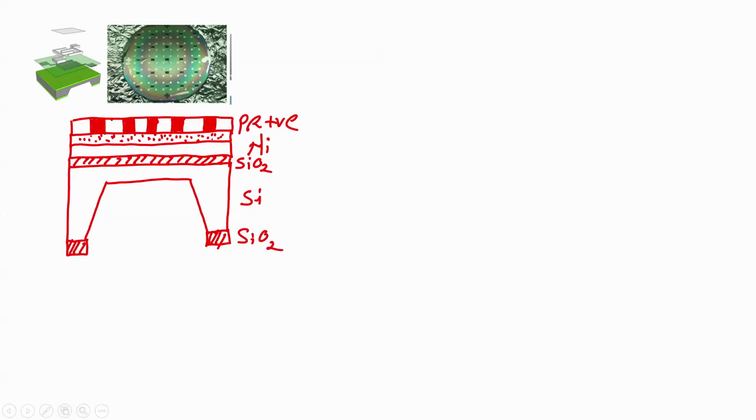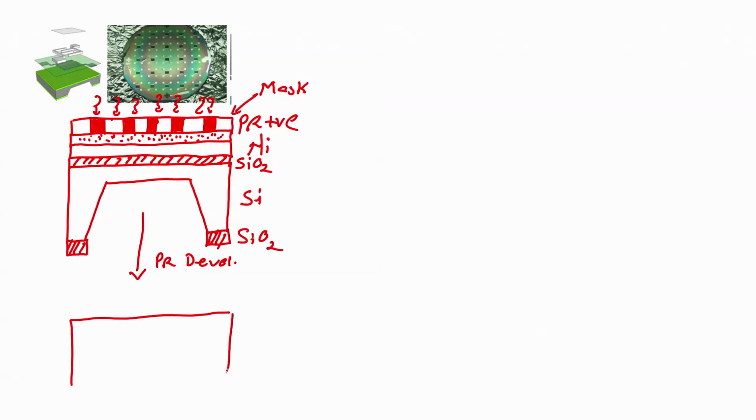For fabrication of the heater, we have deposited photoresist, and then we have loaded a mask, right. After loading the mask, the next step we all know is UV exposure, right. After UV exposure, the next step would be PR developer. So, for PR developer, when we develop a wafer with a photoresist, when we develop a photoresist,